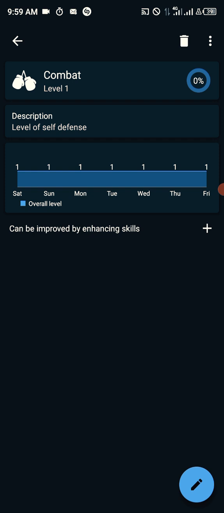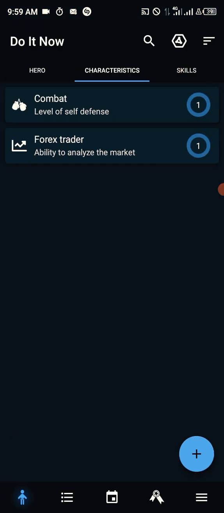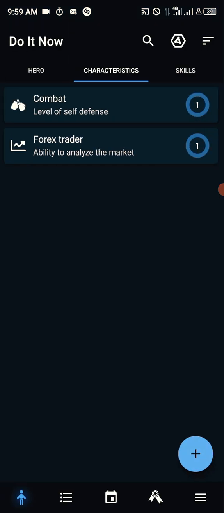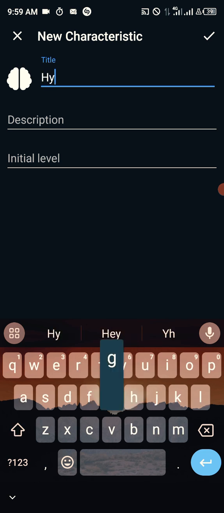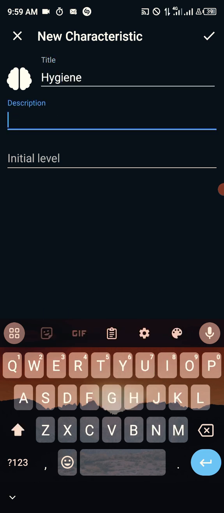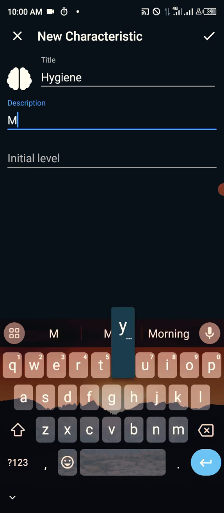But yeah, we've added 2, and just for productivity's sake, we can say cleanliness as well, because everybody has to be clean, hygiene rather. We'll just say hygiene. I'm sure the default app came with it, so you can just remove the ones you don't want from the default app. But if you're starting from scratch like me, just follow what I do. So we go on hygiene, then description, and just say my overall cleanliness